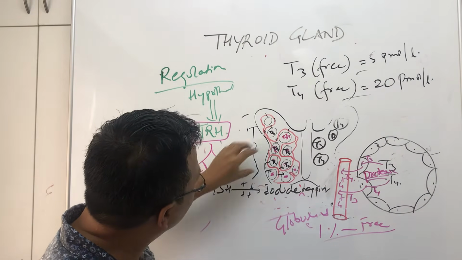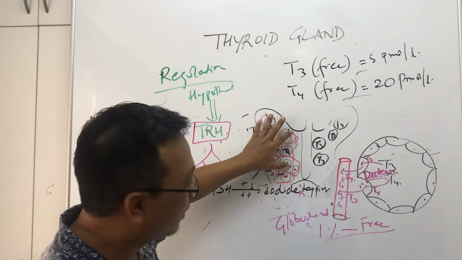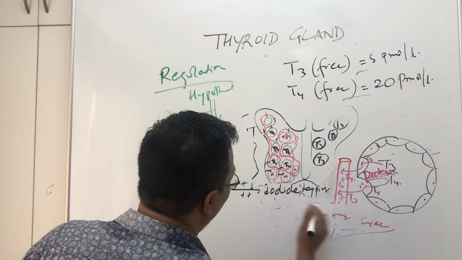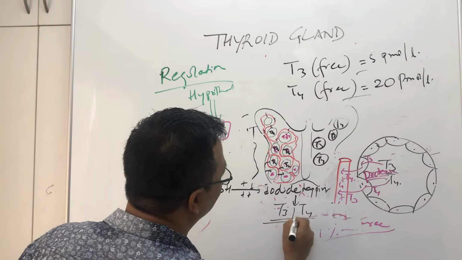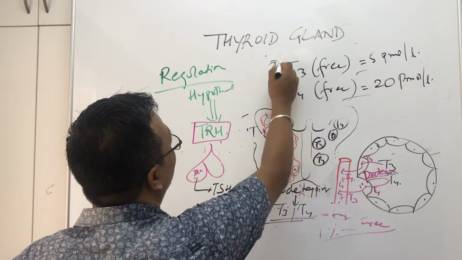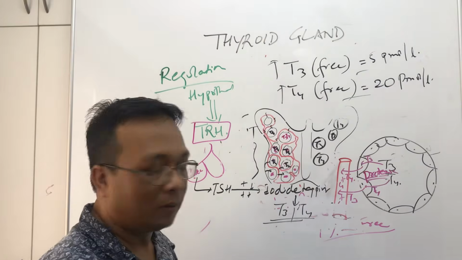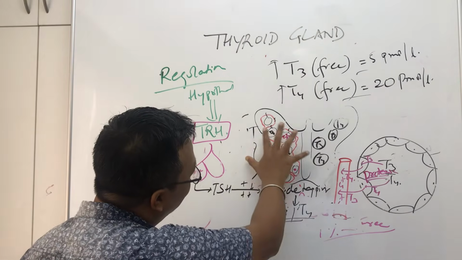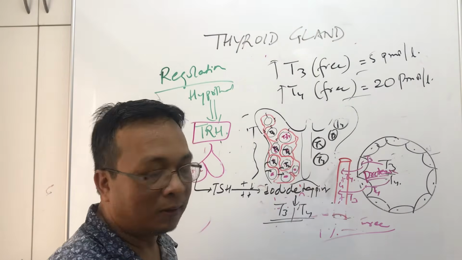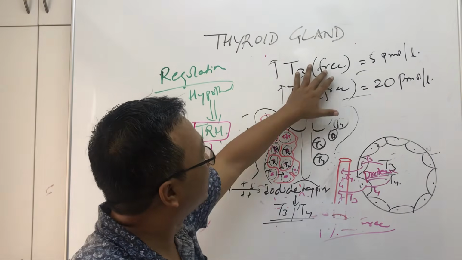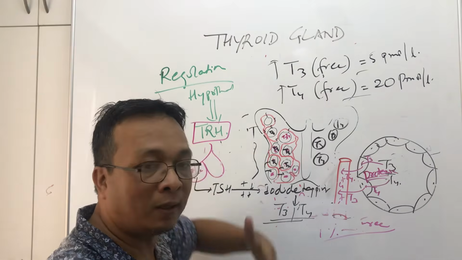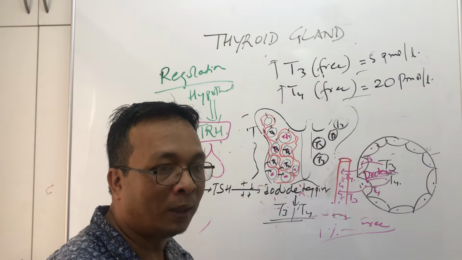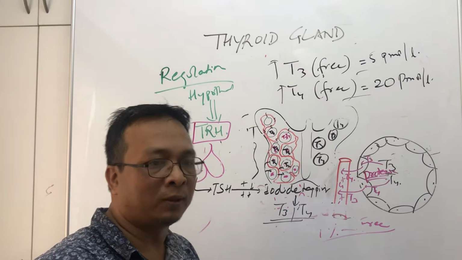Now this TSH is influencing the thyroid gland, and as a result our body is making a lot of T3 and T4. So when these T3 and T4 rise above the normal level, TSH is secreted and our thyroid gland is making T3 and T4. It has to have a limit, right? These are the normal limits. But when T3 and T4 rise in the body more than the normal level, anything in excess is not good for health.